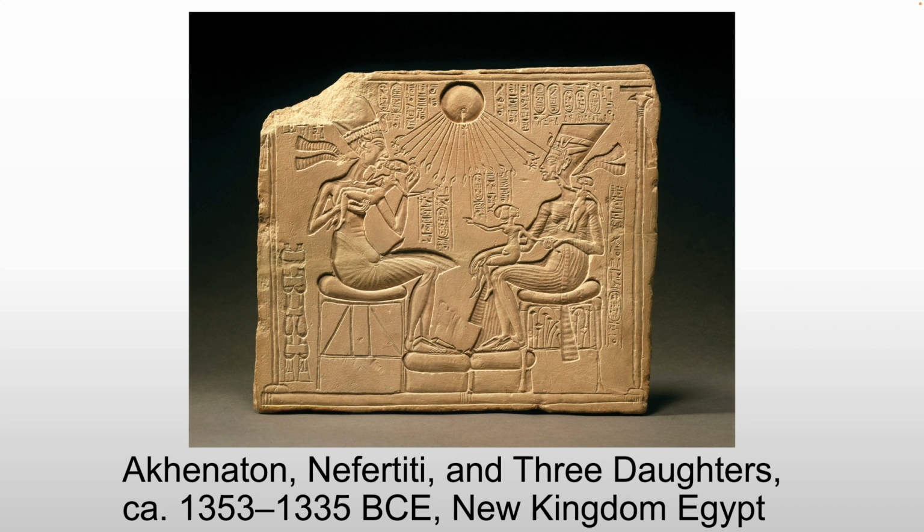What you're seeing is an image of domestic life, the pharaoh and his wife playing with their children. Now, in ancient Egypt, it would have been common practice to use a wet nurse. In other words, send the children away. They're going to be breastfed by someone who's, well, literally paid for it.